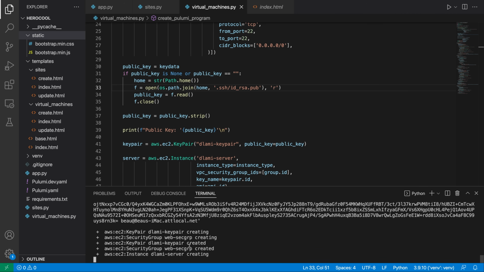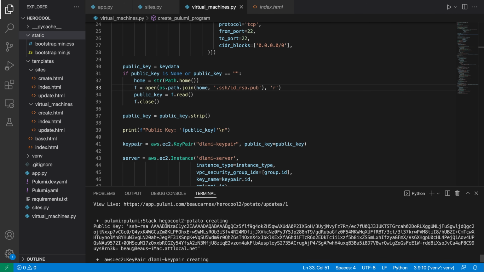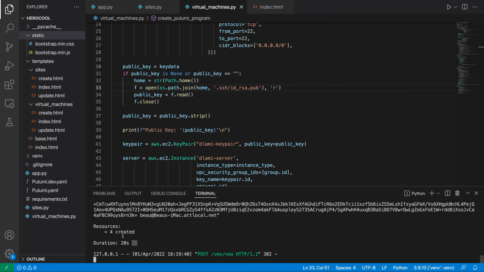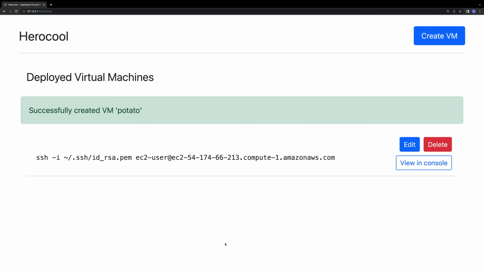If I go back into my terminal, we can see it actually found my public key automatically, and it's now creating it. Now I could have opened up that public key file in a text editor and copied this and then pasted it into that text box, but this way is even easier. And now it says it's done creating. Let's go back over here, and it successfully created the VM